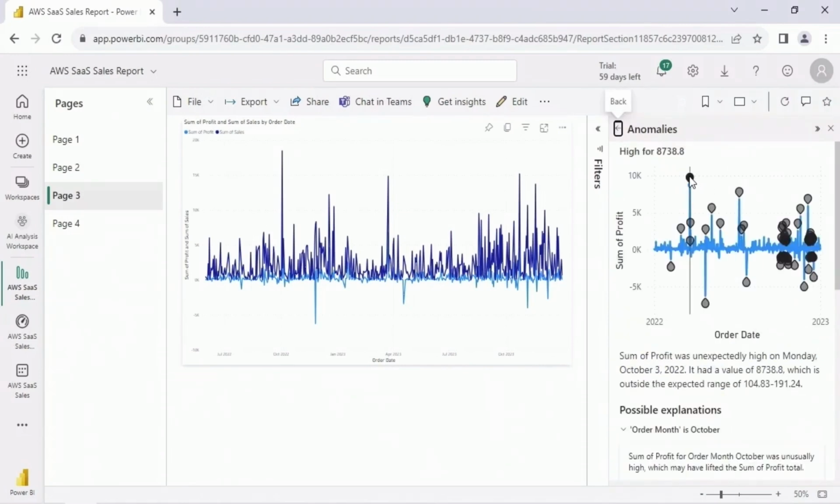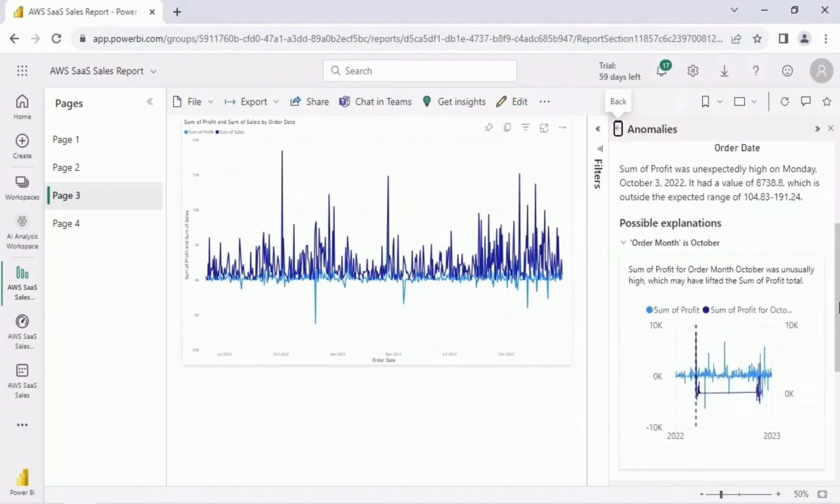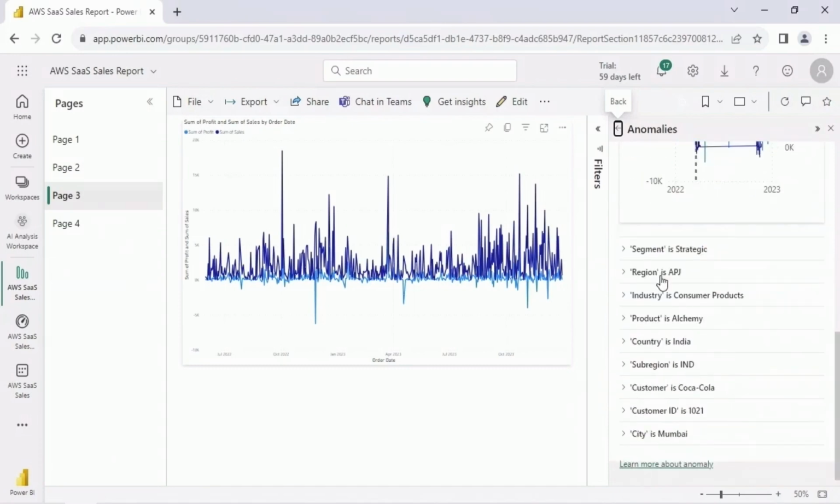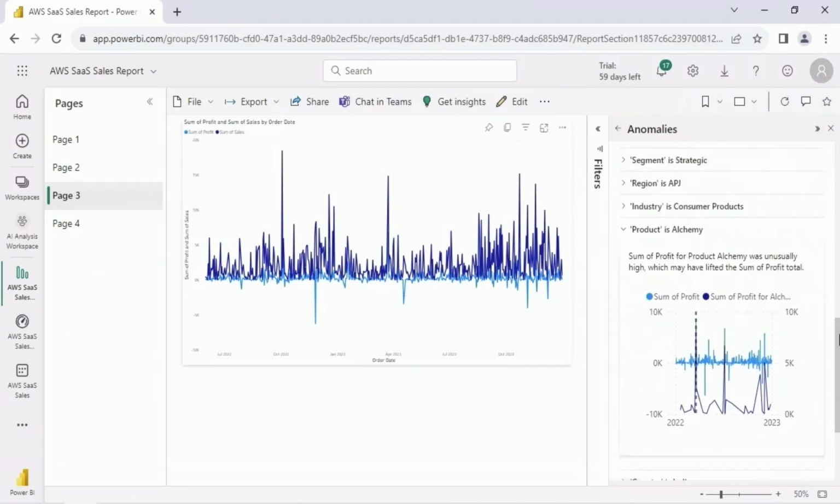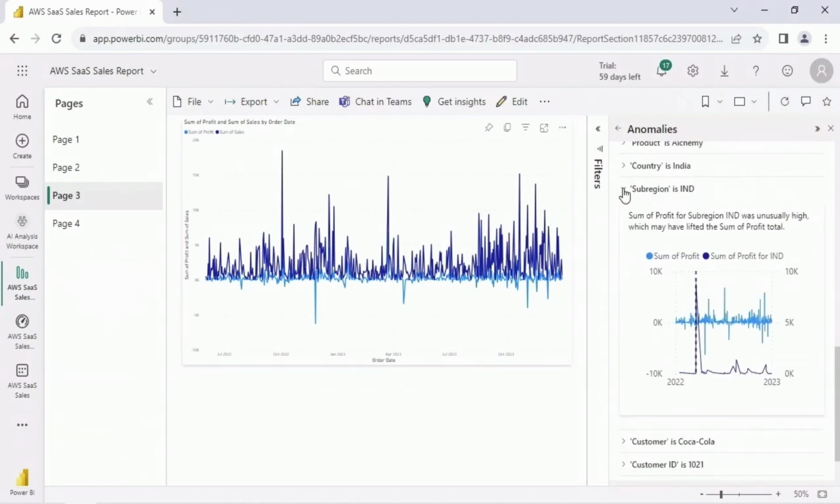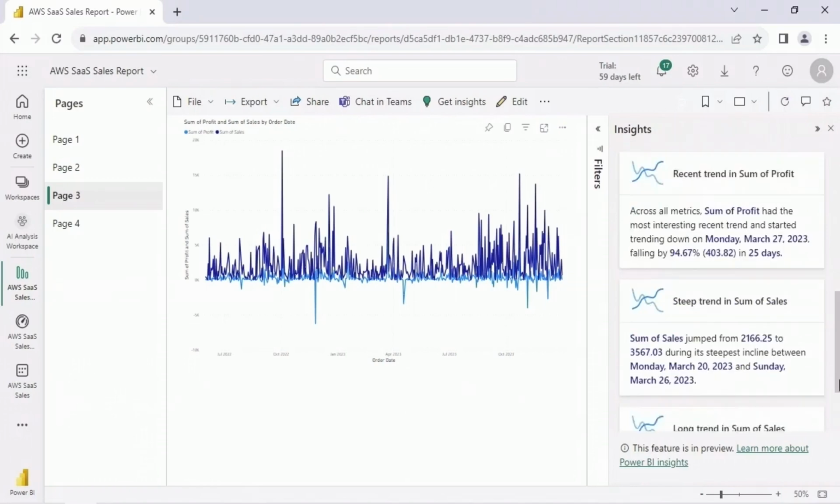October 3rd was a profitable day. This allows us to drill down into what happened here on October 3rd. And as usual, there are possible explanations for why we had an anomalous value, that is, an extremely high value of profit for this day. Product is alchemy. There was a particular product that was sold that was very profitable, and we sold it to a large customer on this particular day. And this customer was based in India. By drilling down and really understanding these insights, you can extract valuable information from your data,